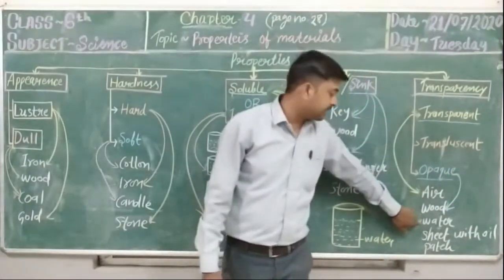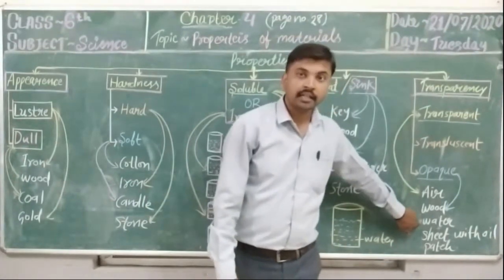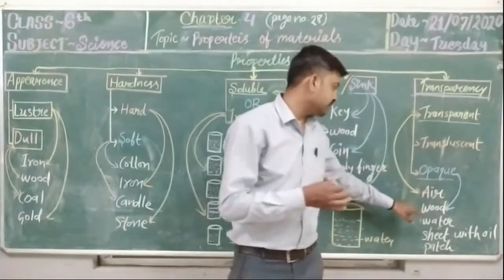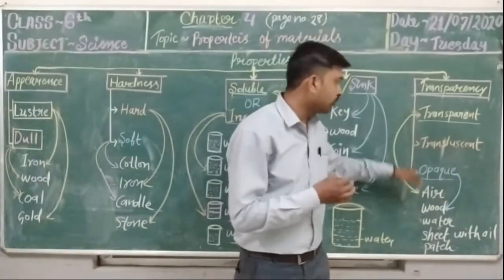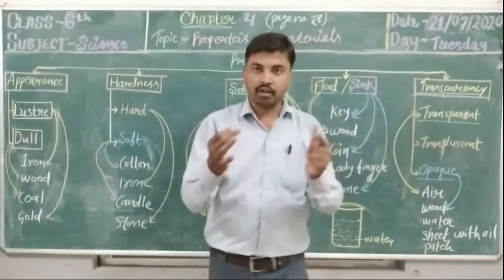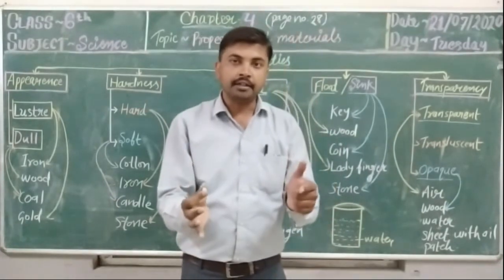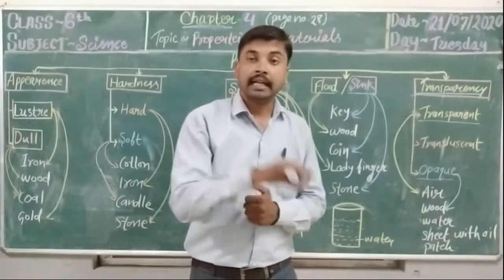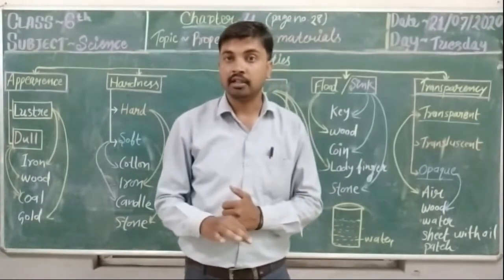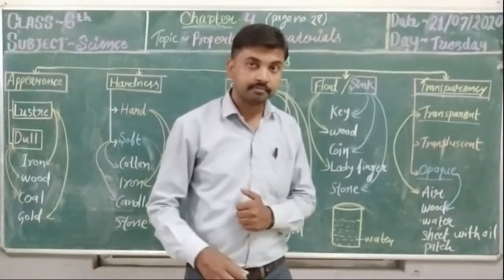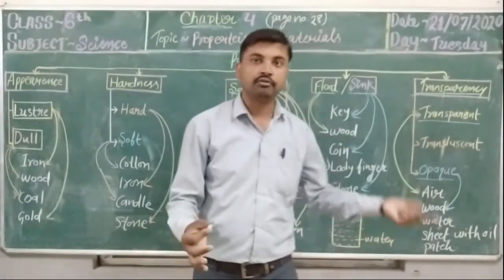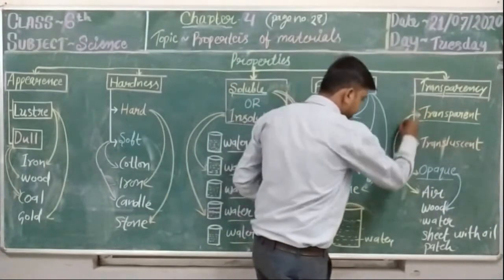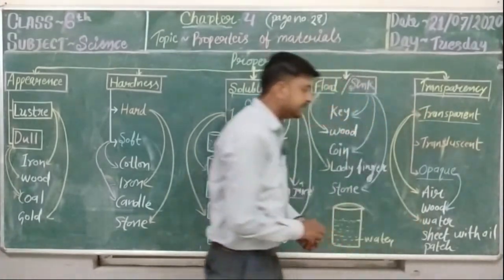Then the third one, water. We take some to understand the water. We take water in which category? We take some water in a tub and put some things into the water. Can we see the things across the water or into the water? Obviously, yes, because water is a transparent substance. Water is a transparent substance.